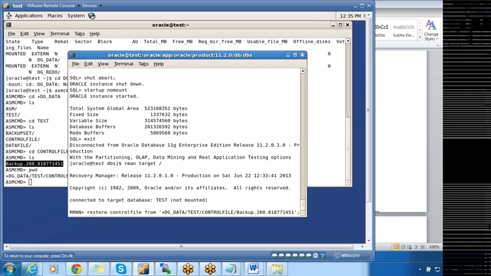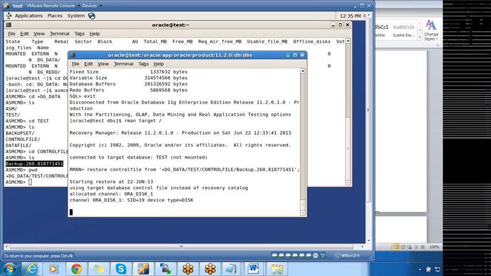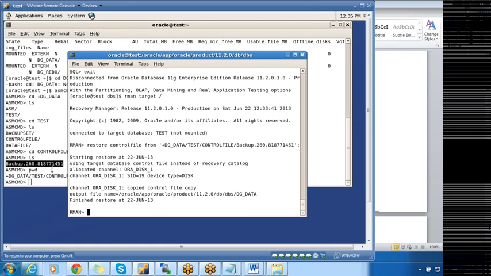So it will restore the control file into dg_data. Okay, the restoration is done.